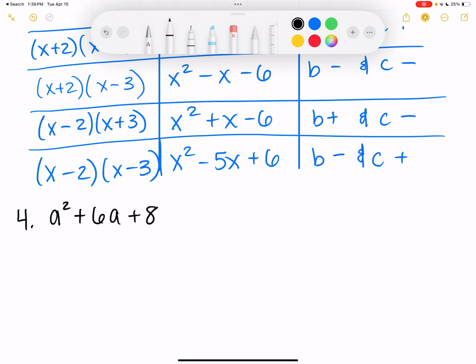So I want to factor this into 2 different sets of parentheses with what's in common with it. So what I'm looking at are, I need factors of 8. I'm going to write this one out. So factors of 8. So basically, 2 numbers that I can multiply together that equal 8, that also add